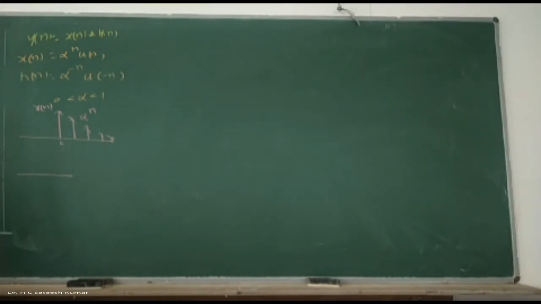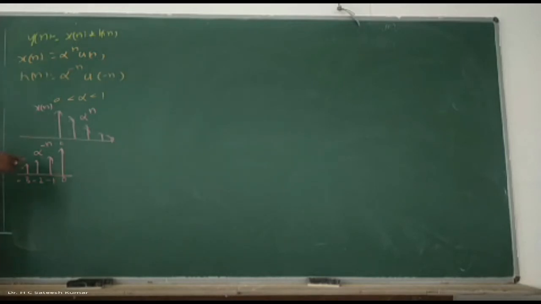So what can you write? This will be exactly the same thing, the folded version only. The variation is alpha to the power of minus n. This is 0, minus 1, minus 2, minus 3, and so on, for negative values. So for negative values, what do we get?